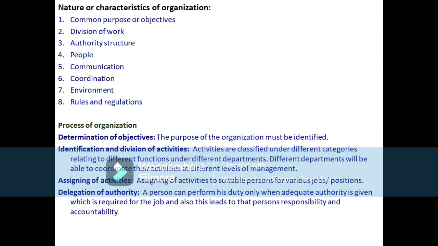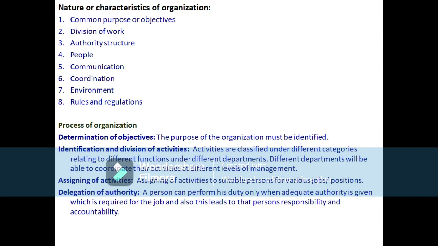Experts should be appointed as heads of those departments, and they will classify the activities into jobs or positions, and appoint suitable persons for various jobs. Persons are to be appointed for all types of roles here. We will see different roles like superiors, subordinates, heads, functional heads, managers. Like this, different roles will be there, and different activities will be performed by different jobs or positions in the